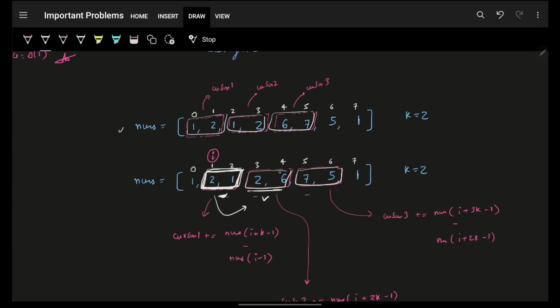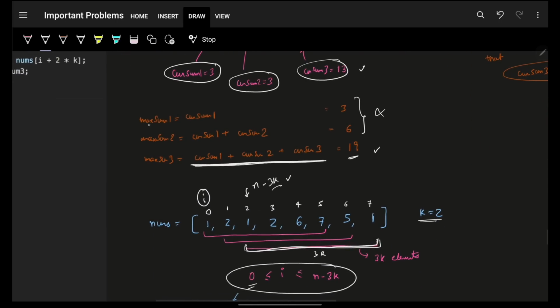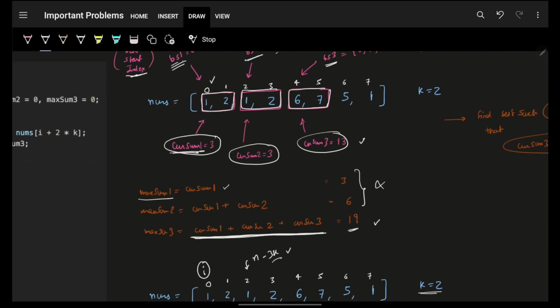And the same thing, whatever you both can produce maximum, just give it to the third one, which is the right side, and ask what all three can produce together. So that is the reason we took maximum sum 1 by taking only the current sum 1,